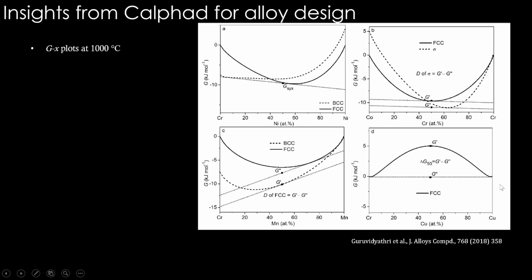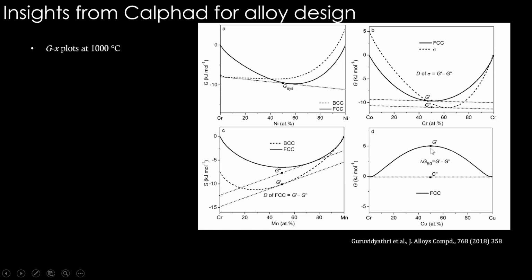So this is something that we haven't discussed till now. The FCC curve can have this kind of shape. Here in all these cases it is completely convex. So what if it has this kind of concavity? If it has this, then if you try to mix two elements in equiatomic ratio, let's say, and make one single FCC, its Gibbs energy will be this high.